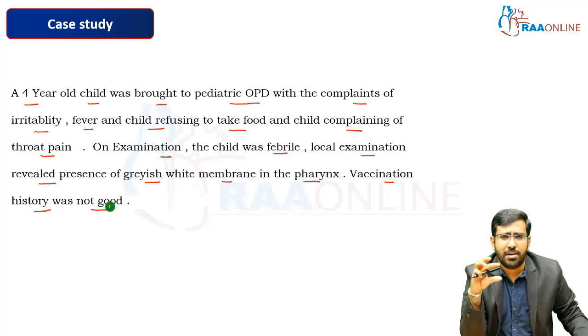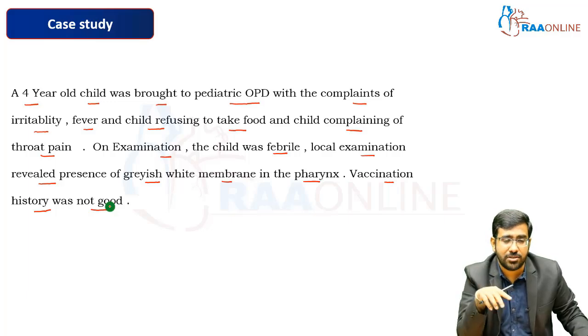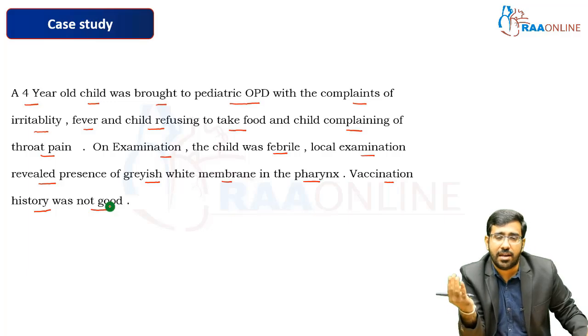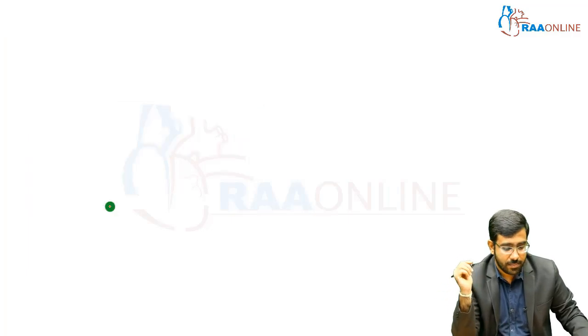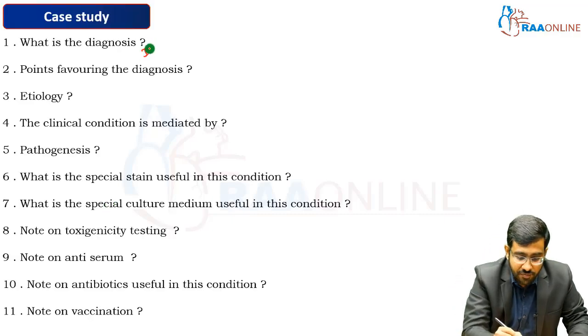In the pediatric age group, we all know the children receive the DPT vaccination. Here the vaccination history is not good, so this child would not have received the DPT vaccination, which makes him prone to infection with diphtheria and pertussis. So let us see the questions. Question number 1: what is the diagnosis? The diagnosis is going to be the case of